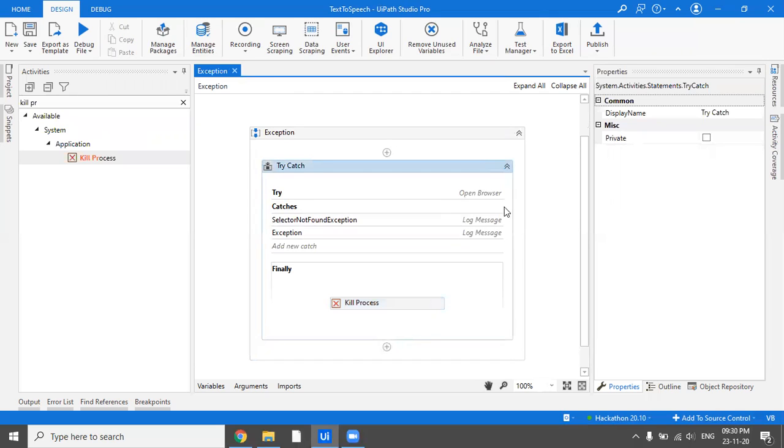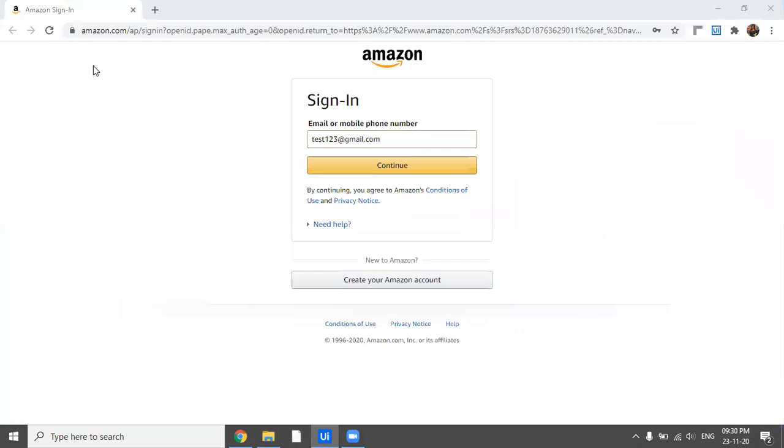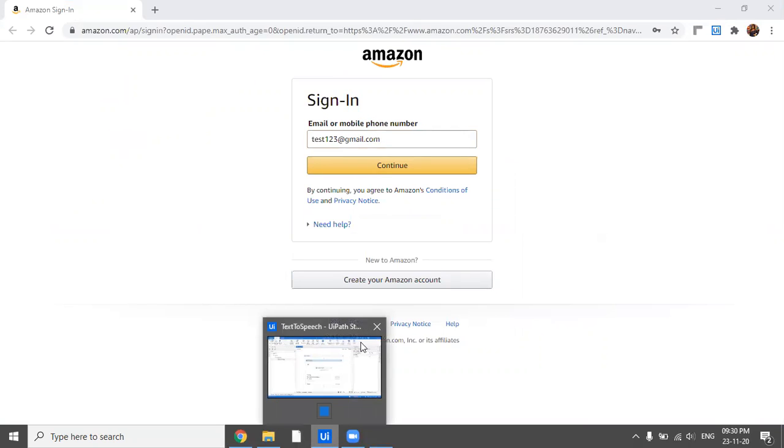Okay, now let's execute it. It would search for a selector not found exception. As of now, when I run, it would run.